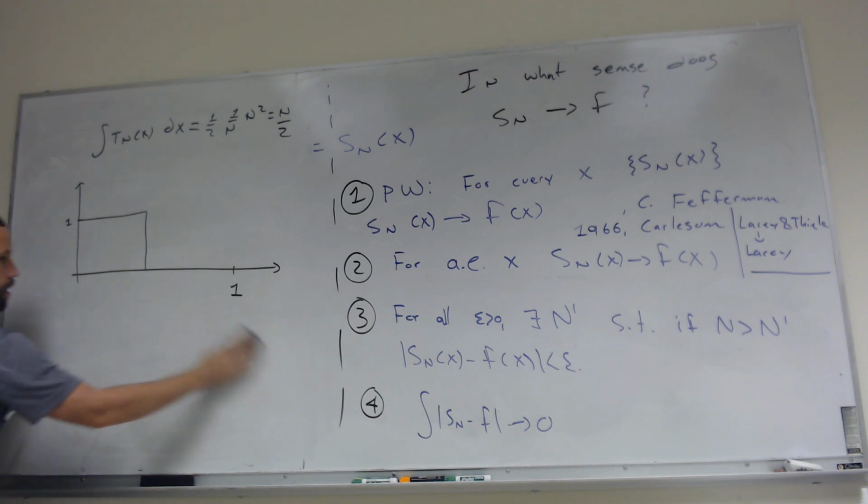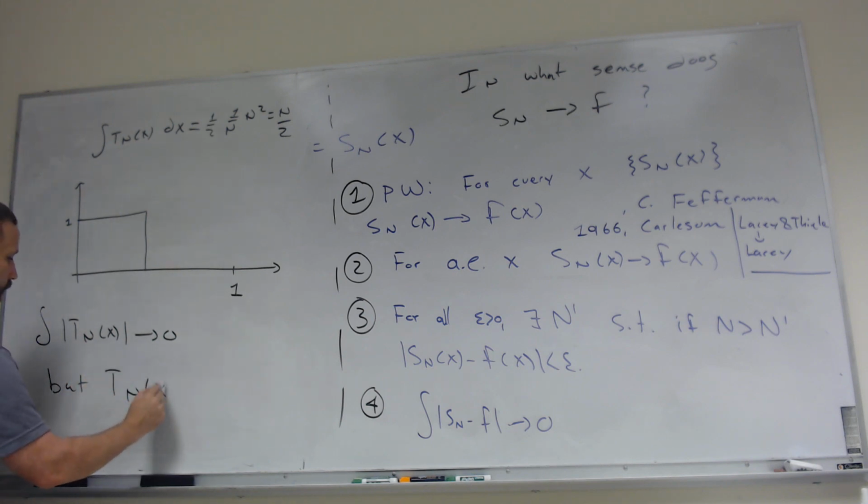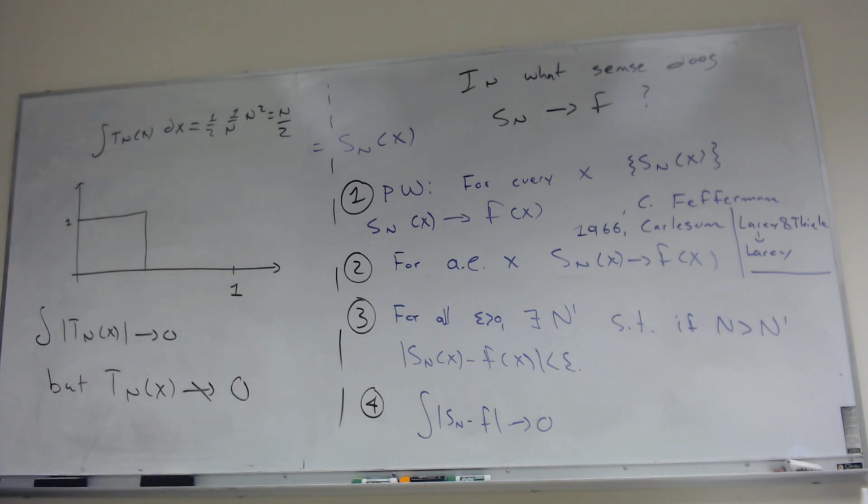So I'm going to find a sequence of functions where the integrals of the f_n(x)'s go to 0, but actually what we're going to see is f_n(x) does not go to 0 for any x. Okay, so this is going to be the first function. Actually, let me make this 2. So the area of this function, it's a rectangle, the area is going to be equal to 1, so its integral is 1.